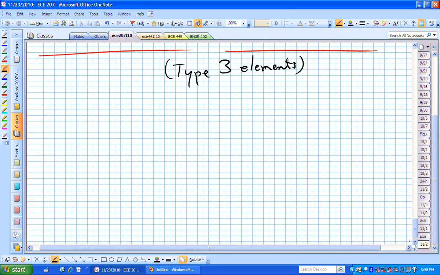Well, instead of this being donor impurities, you could think of these as being acceptor impurities, meaning now we effectively have free positive